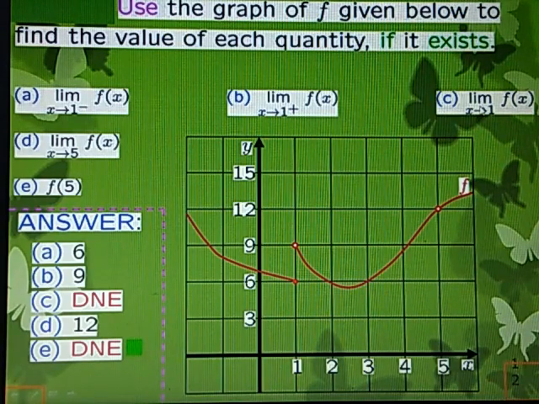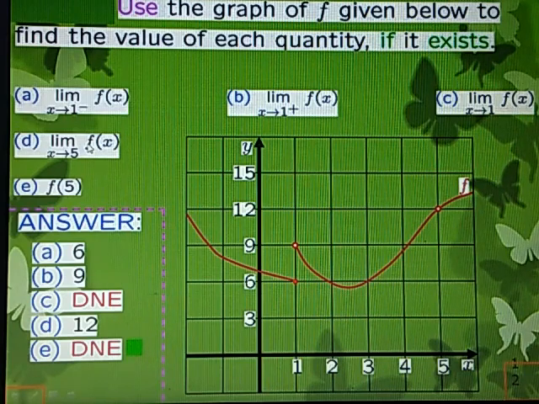And we know the limit exists if both the limits come out to be the same. You can see f(x) is approaching 6 from the left of 1 and it is approaching 9 from the right of 1. So obviously the left hand limit is not equal to the right hand limit and the limit does not exist. This you can see from the curve also. On the left of 1 it is 6, on the right of 1 it is 9. So the limit does not exist. So we have written DNE, does not exist.